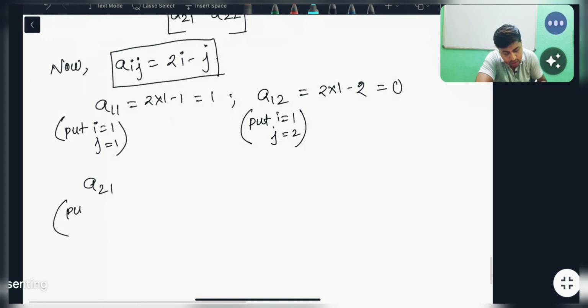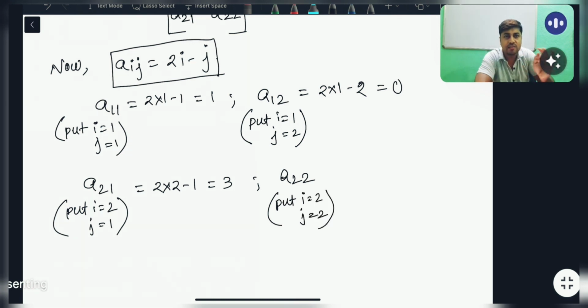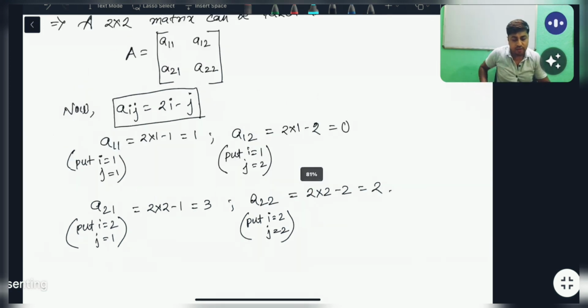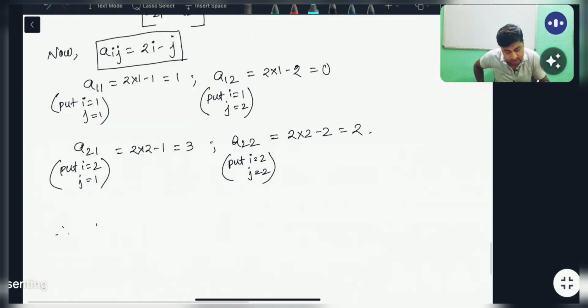a21 means put i equal to 2 and j equal to 1, i equal to 2 আর j equal to 1 পুট করা means 2 into 2 minus 1, that means the value is 3। a22 means put i equal to 2 and j equal to 2, because ij মানে i ফার্স্টে, j লাস্টে, that is 2। তো a22 means 2 into 2 minus 2, the answer is 2। Okay, so we have got all the values of a11, a12, a21 and a22।